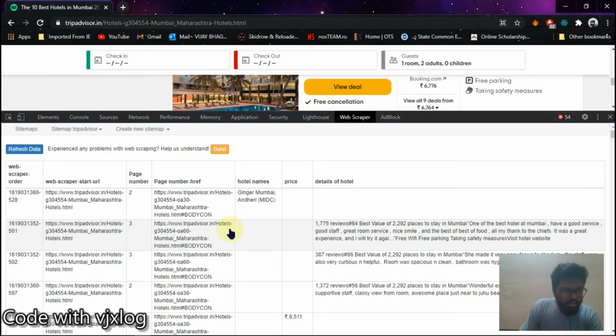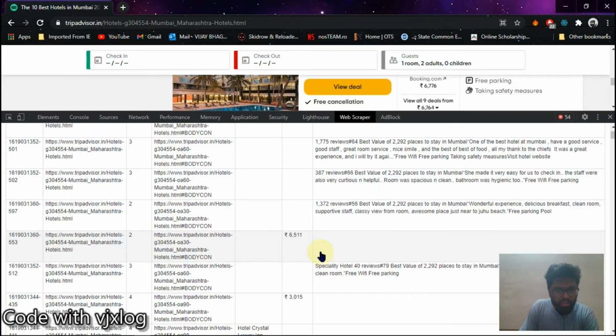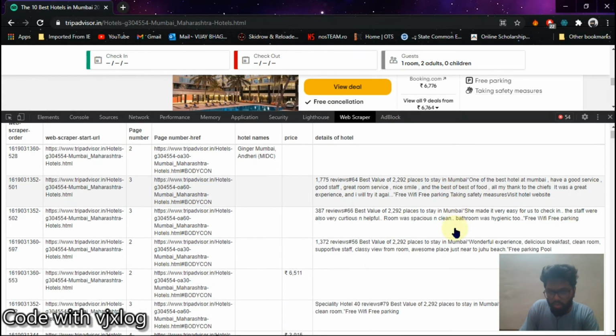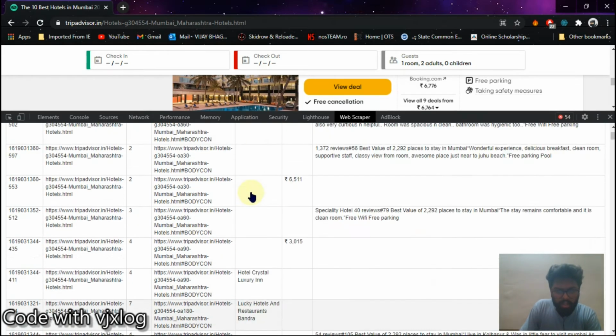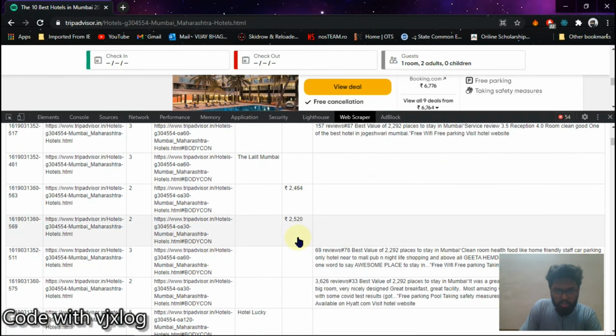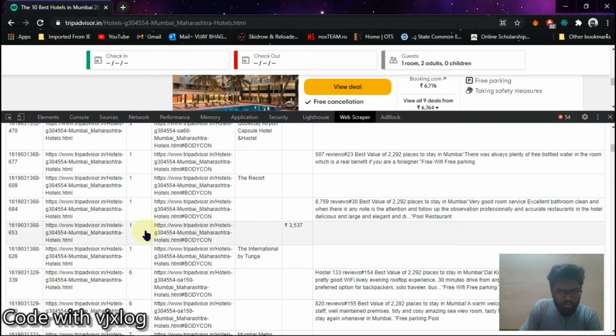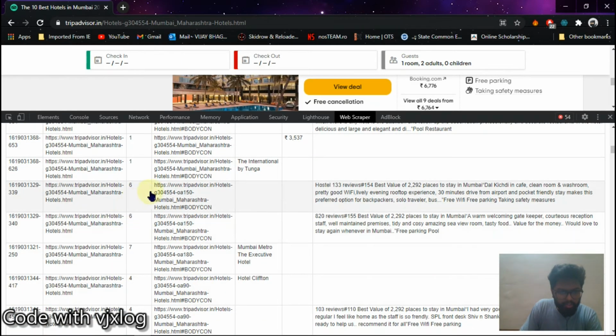See, there are URLs from where it has taken, there are page numbers, okay, there are reviews for the hotel, there are names of the hotel. We have scraped data successfully, right? Page number 1, page number 6. So these are loops and iterations. You won't be getting data in a uniform manner.